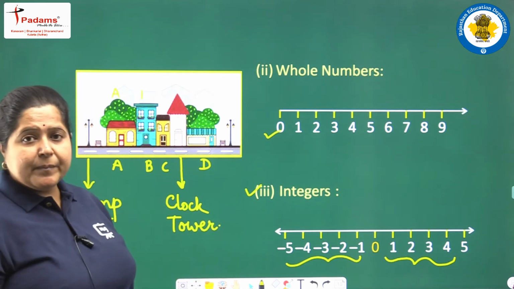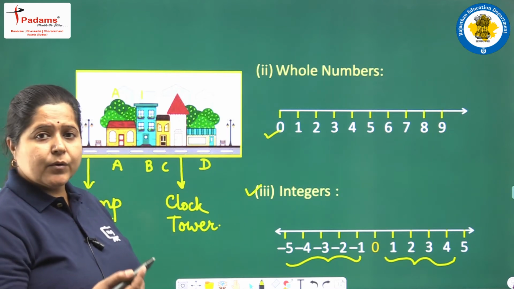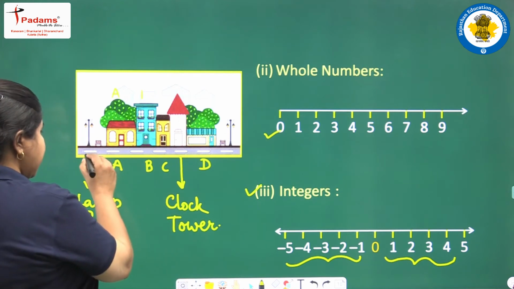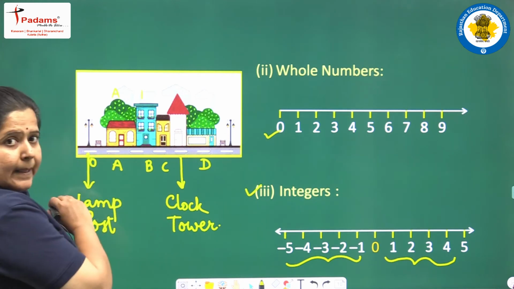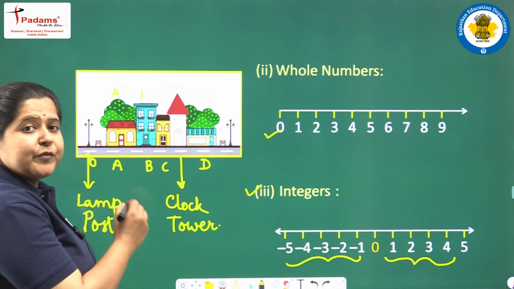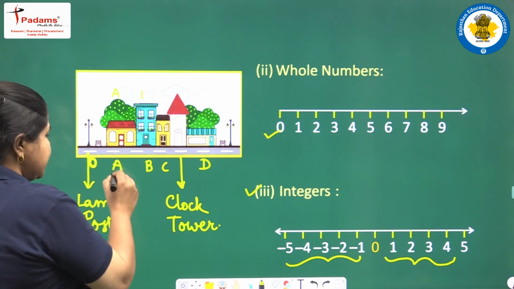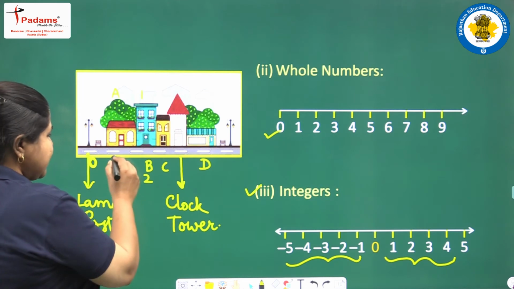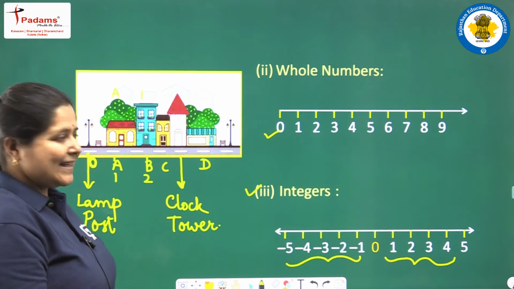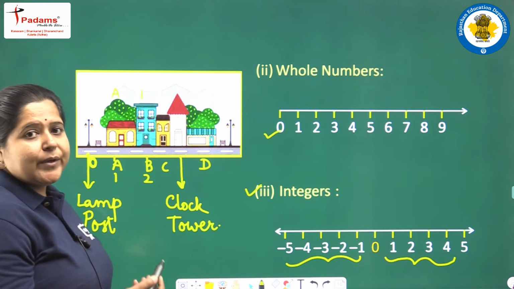Now you meet many people who may ask you the address of some location or some house or some person. Then how can you explain? If we take this lamp post as the origin 0 and you are asked, please tell me the address of house B, then what will you say? Second house from the origin lamp post. This is first house, this is second. So actually what are you telling? You are telling it according to a number line. Second house from the lamp post. We are taking the lamp post as the origin.